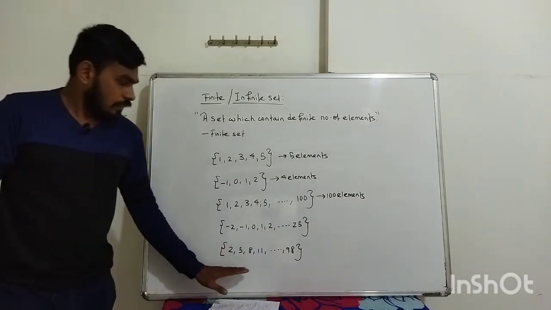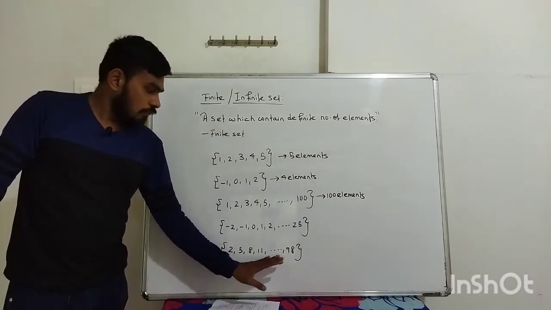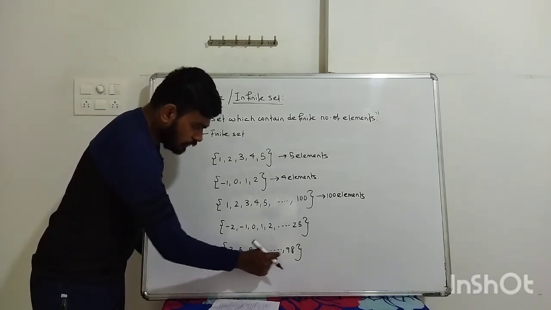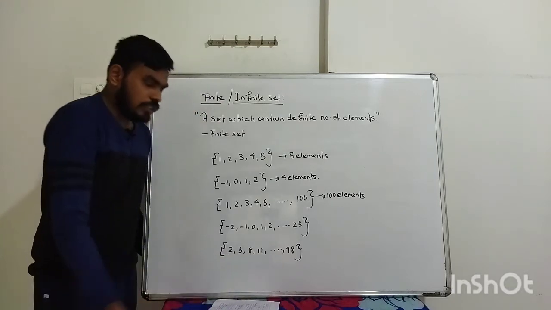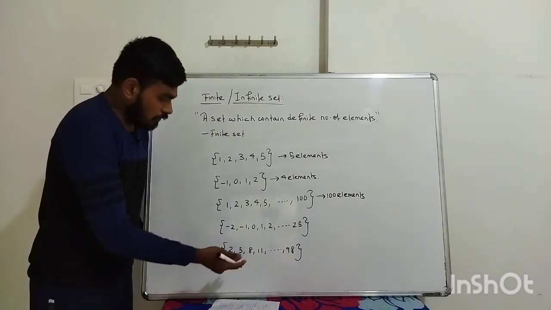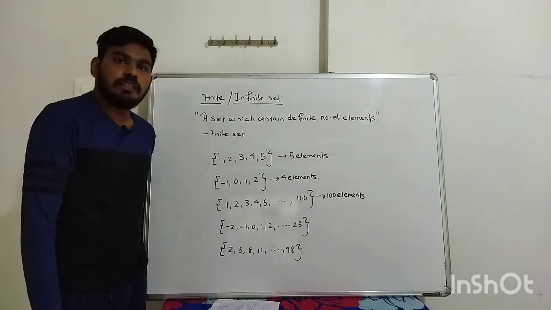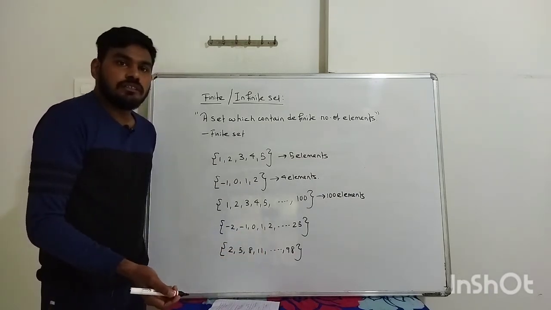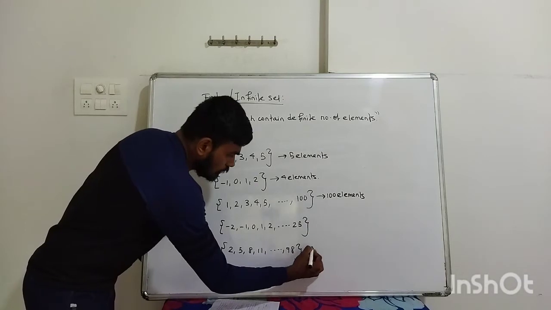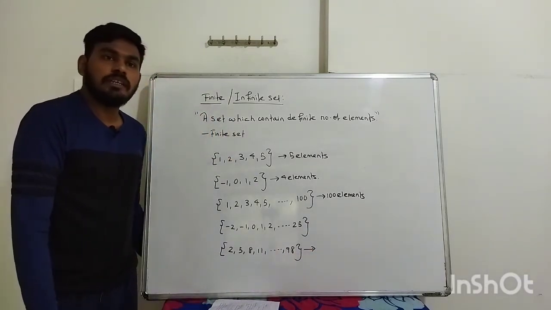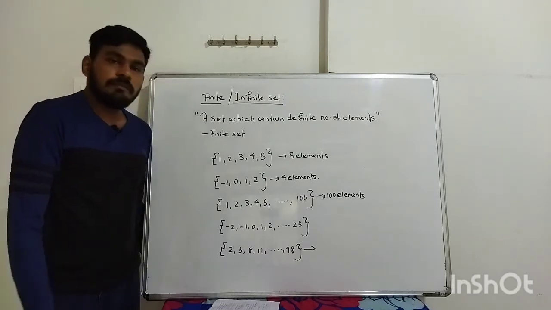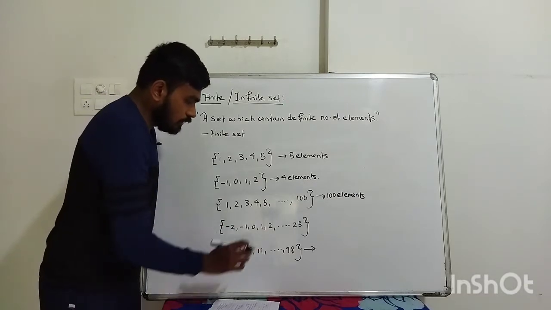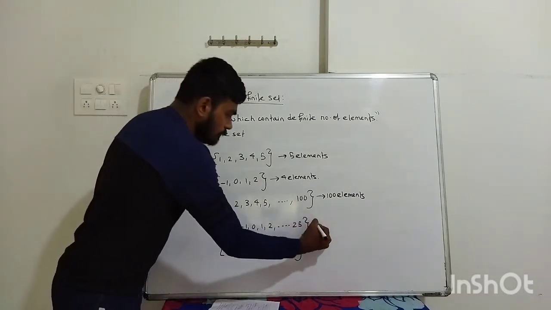See, this is a set. Even this is finite. You will say there are elements, but I don't know how many elements are there. But we can count this by using arithmetic progressions. So we can count this somehow by using some method. If you know what type of sequence it is, we can tell how many elements are there. So this is also a finite set, understood.